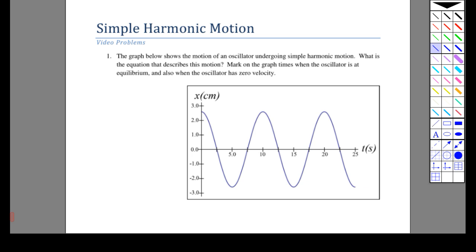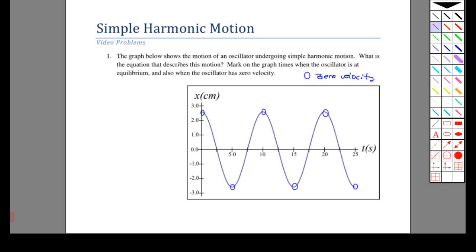So let's just indicate where we have zero velocity. We have zero velocity whenever the oscillator changes direction at that particular moment, and that's when the slope of the tangent lines to our graph is zero. That's when it has zero velocity. So this obviously happens up here, over here, over here, over here, over here, and well, imagine this just keeps going over here. So these blue circles represent zero velocity,